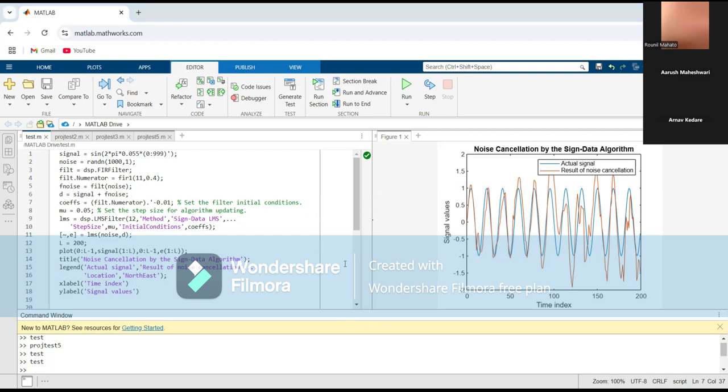This filtered noise will have reduced high frequency components due to the low pass FIR filter. D equal to signal plus F noise adds the filtered noise to the original signal, giving the noisy signal D that we have to clean. Coefficients equal to FILT dot numerator. Adjust the coefficients by subtracting 0.01 from each coefficient and transposing them to match the shape required by the LMS